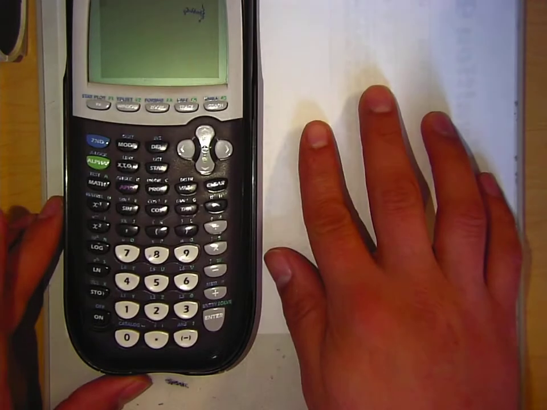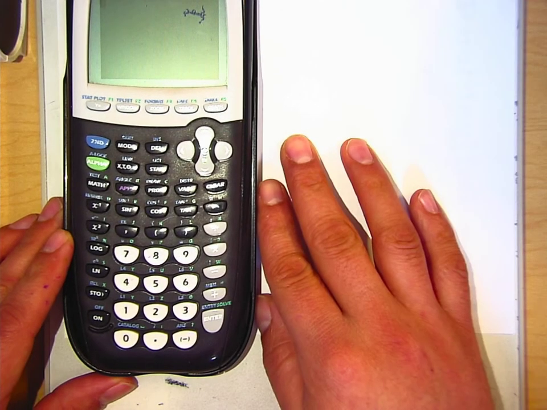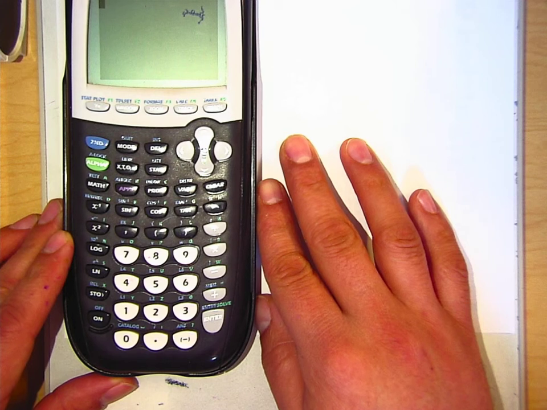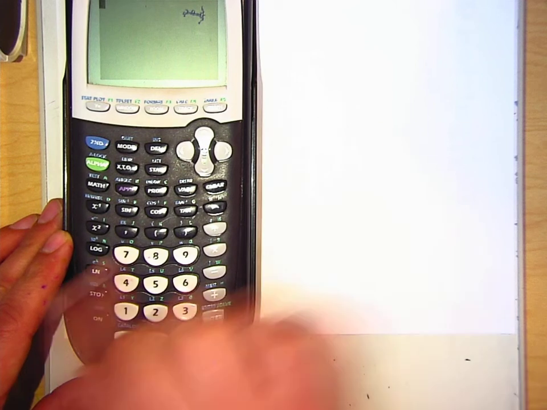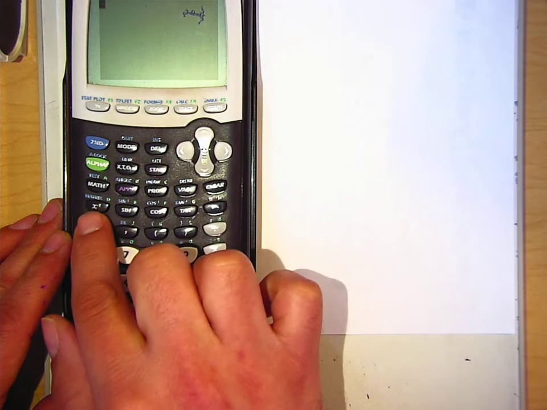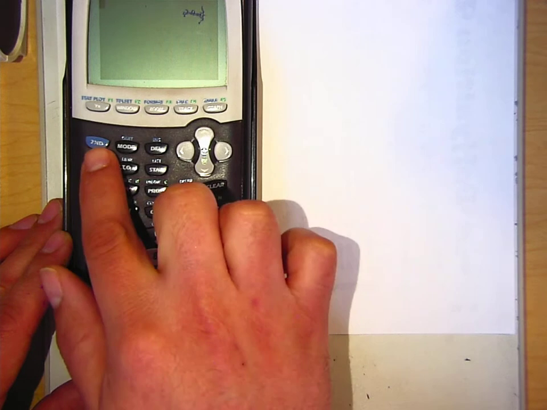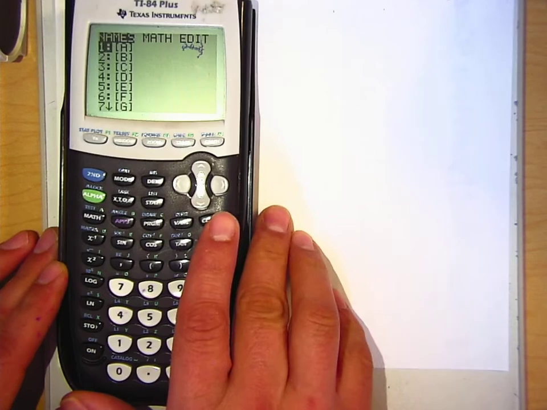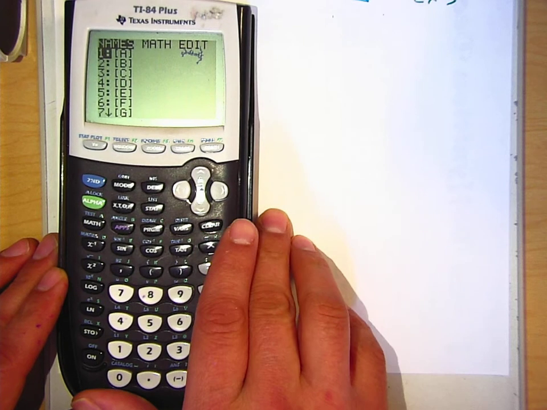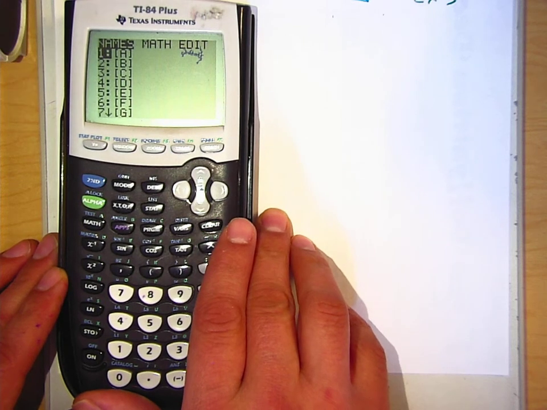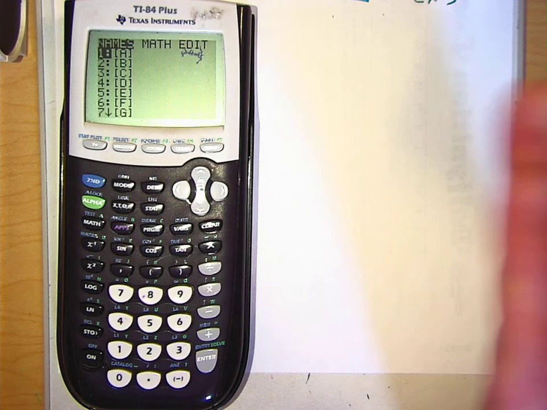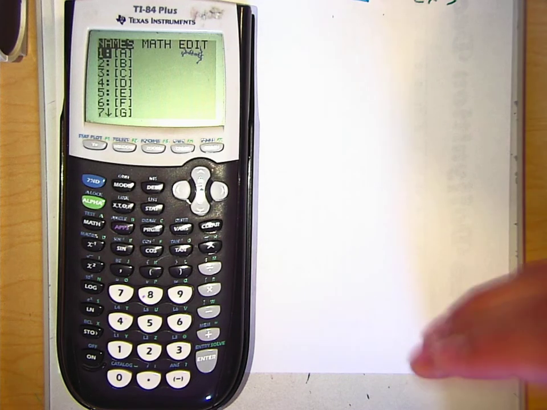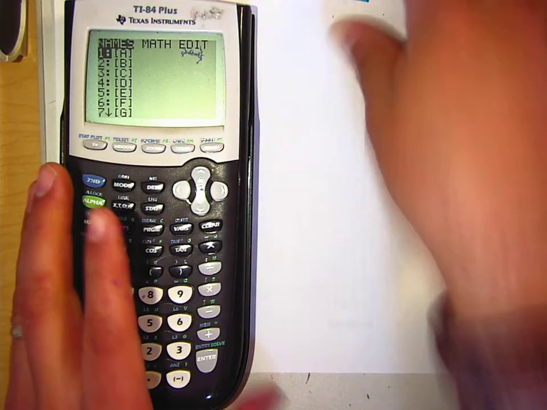where could I access the matrix menu? Where is it? Yeah, the X with the minus 1 there. So if you do second, and then that X to the minus 1 button, you get to your main matrix menu. Okay, once you're in here, this is where you program, so to speak, all the matrices you want to use. So let's say I